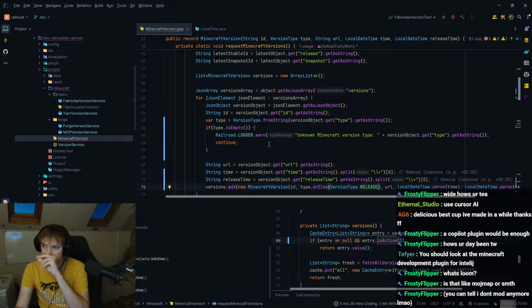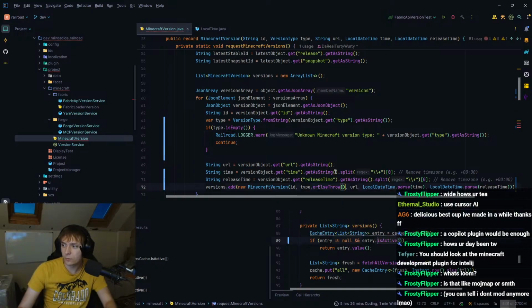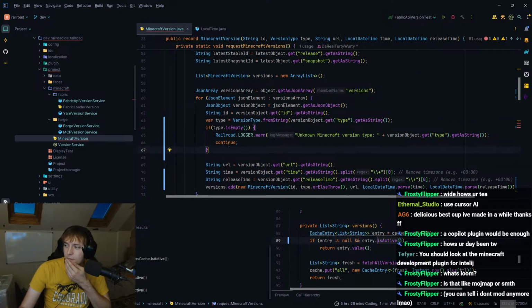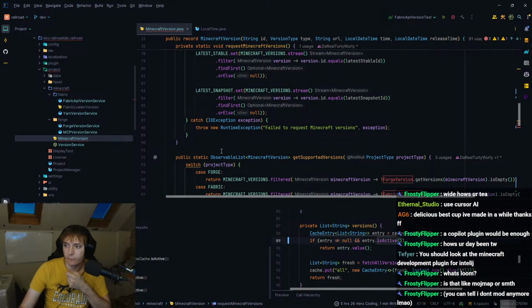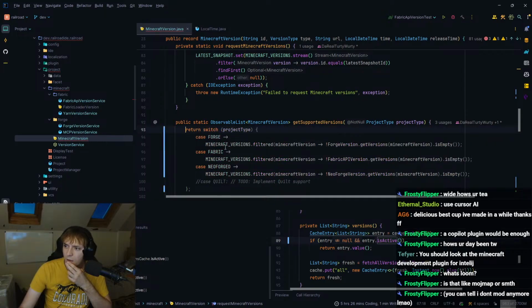I don't know. Actually, you know what we can do? We can do orElseThrow, because if it's reaching here and it's still not present, then I don't know how that would be possible realistically. So I think we'll just throw an exception if that happens. That means something has gone horrifically wrong. It just shouldn't happen.